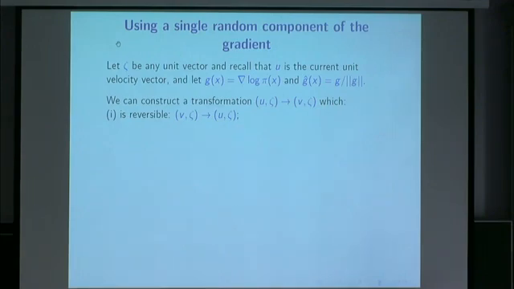No. All right, so here's how to do a bouncy step using a single random, well, it doesn't even have to be random. You can pick the vector in the start, but it seems more sensible to make it random. So, zeta, that's just going to be some unit vector you picked. u is the current velocity. G I'm using to be short for the gradient, and g hat to be the unit vector in the gradient direction.